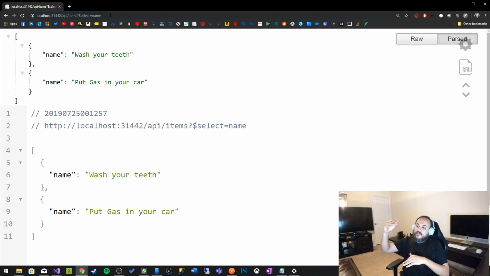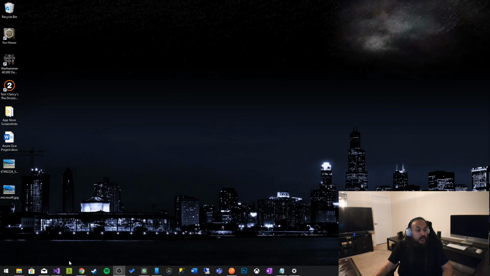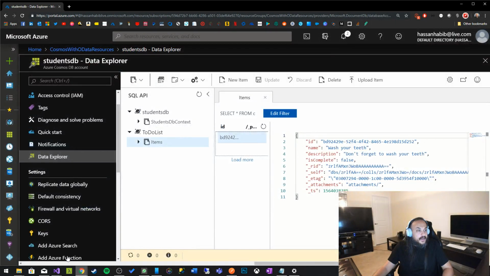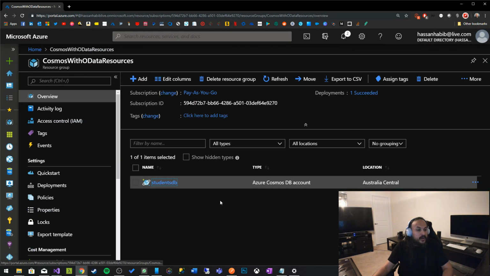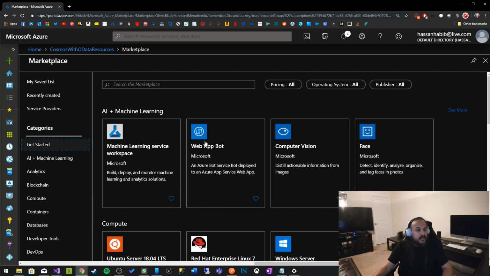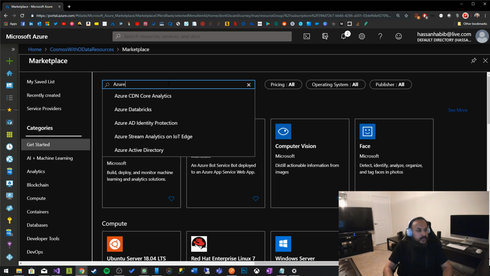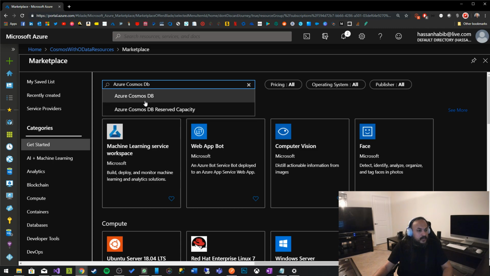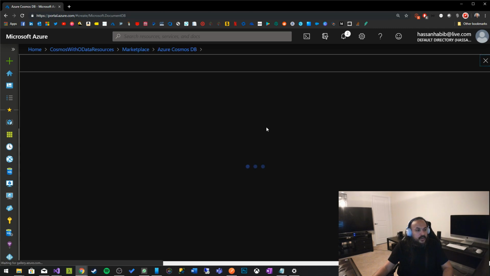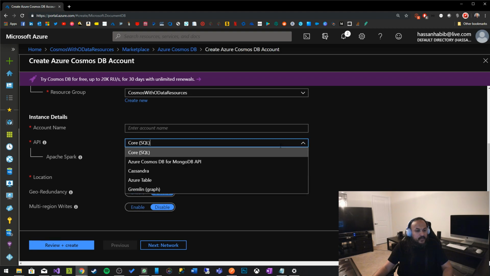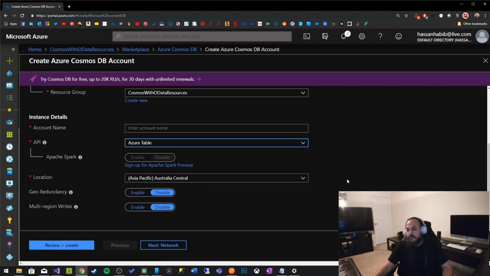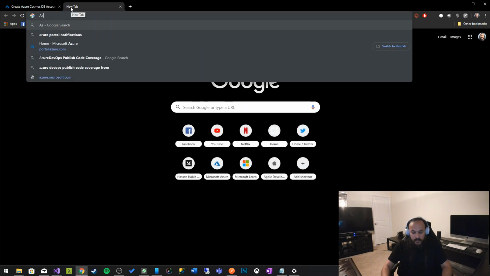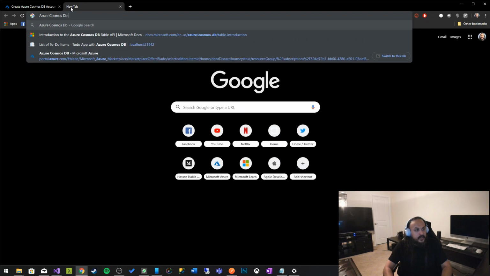So we demonstrated with the Entity Framework, without the Entity Framework, and the third one is without any coding at all, which is the big one. I'm not going to go through the details. I'm just going to reference the documentation here because it's pretty straightforward. You have Azure CosmosDB, and if you go in the create area in here, you have this option called Azure Table, right? If you go to Azure CosmosDB OData,